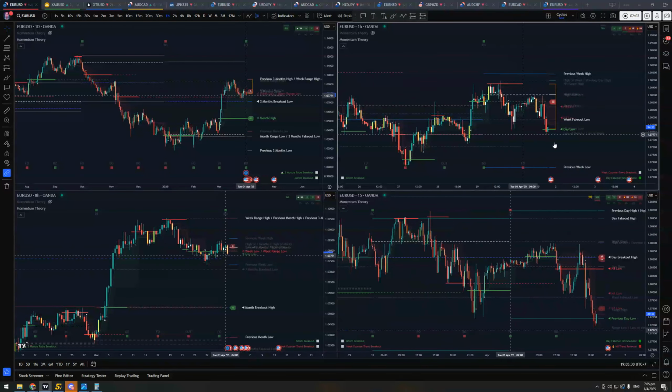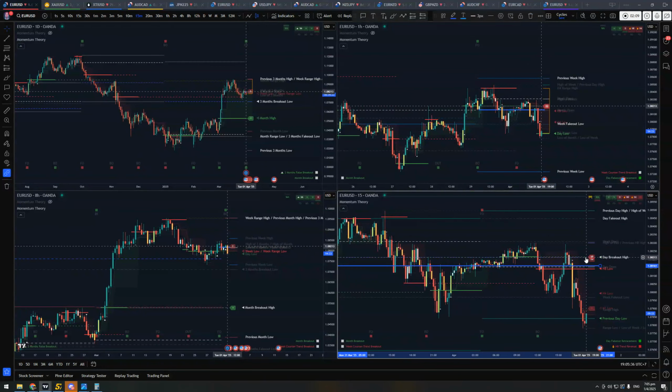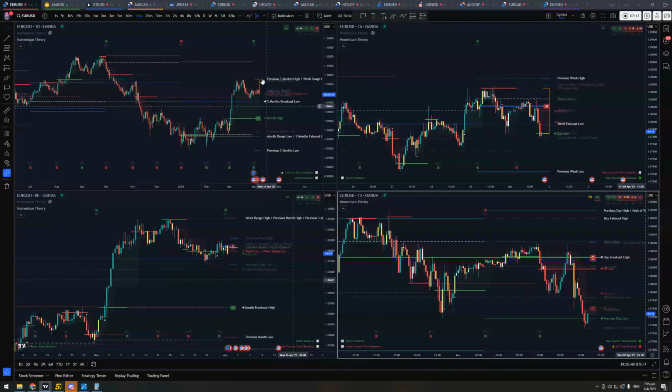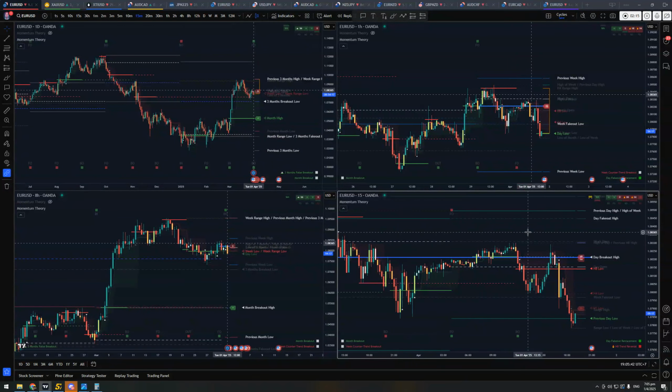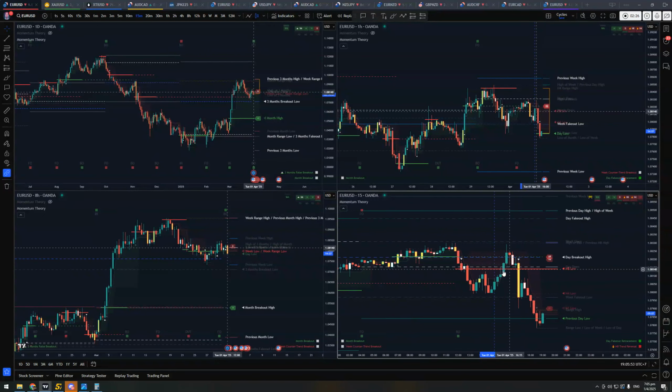So today I did not want to make that same mistake. We're below the daily breakout level, and the H8 breakout level is also in the same spot. But I still had a bullish bias because of the higher time frame. So I was still looking for buys right at London Open. I was not trading at London Open, but I did see when price flipped those breakout levels and the H8 breakout level. Once it got above over here, this is when I would be looking to take a buy, but